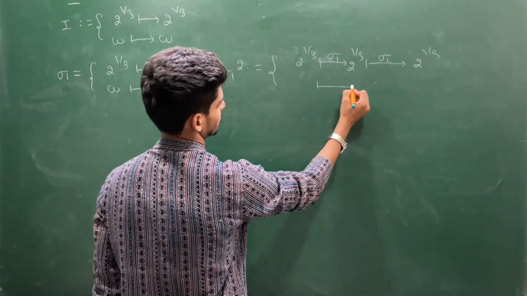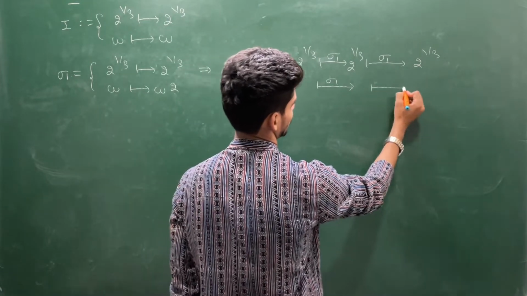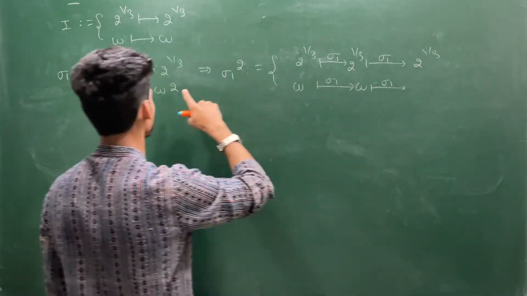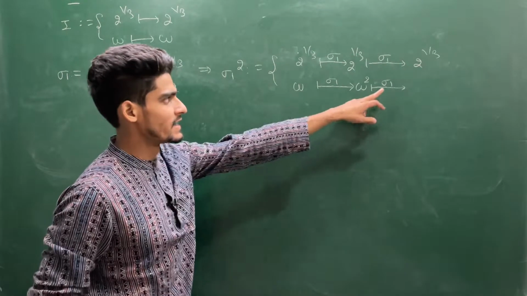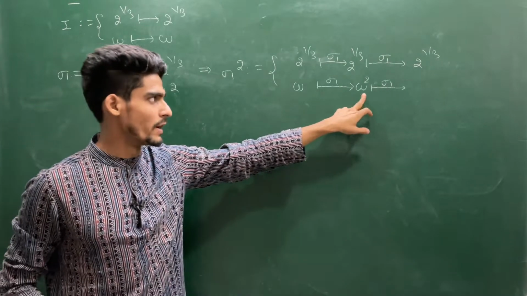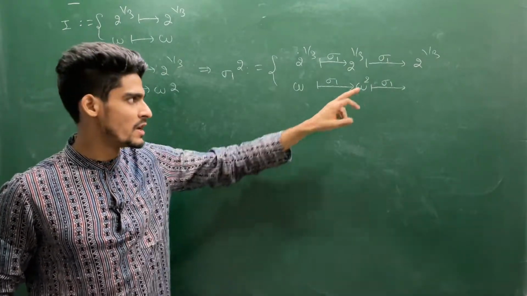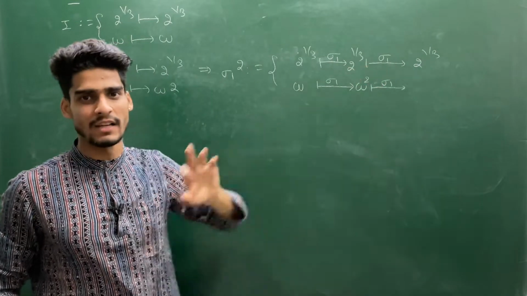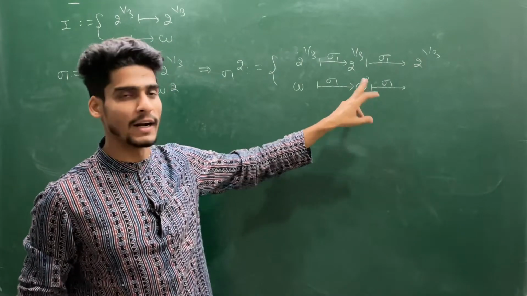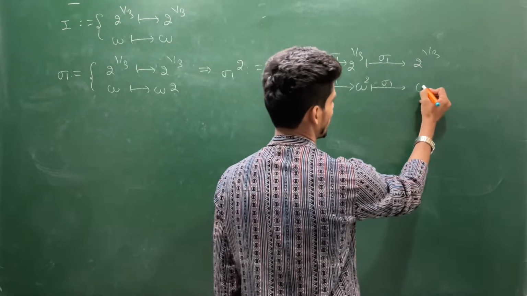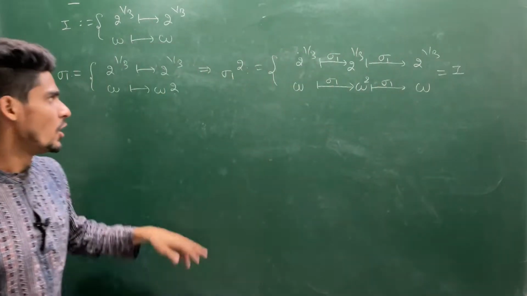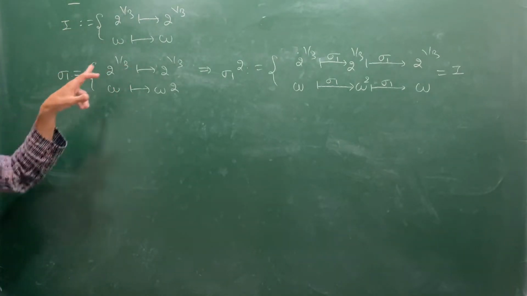Now here, your sigma 1 sends omega to omega square. If you operate again sigma 1, then sigma 1 of omega square. You can think of sigma 1 as an automorphism, so sigma 1 of omega square is sigma 1 omega times sigma 1 omega, because every automorphism respects multiplicativity as well as additivity. So sigma 1 of omega square will be sigma 1 omega whole square. So that will be omega to the power 4. But omega is a third primitive root of unity, so it will be omega. But that is not a new map. This is the identity map. So you can say the order of this element inside the automorphism group is 2.